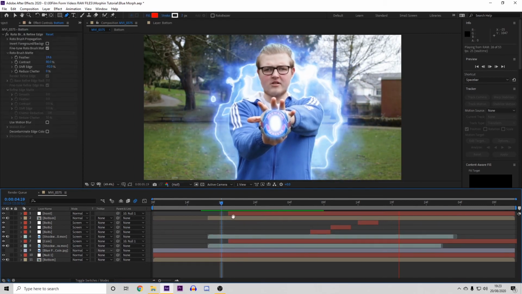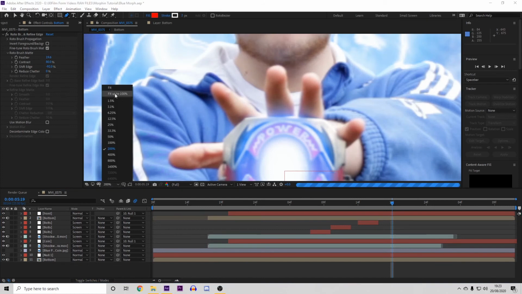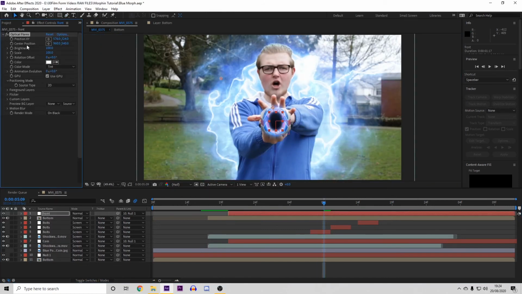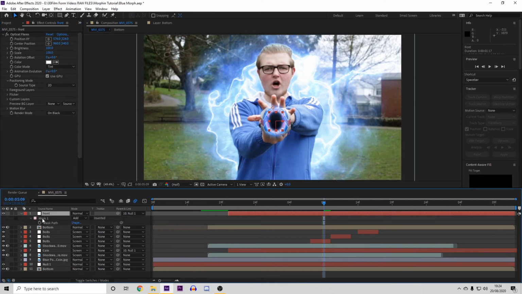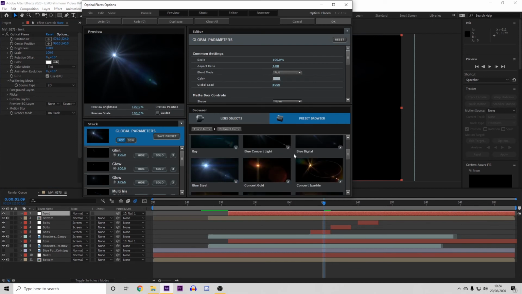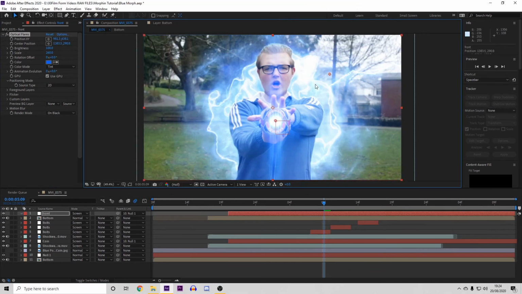It's kind of a white bubble, or obviously again, if you want to use a lens flare, I use Optical Flares. So if I get rid of the mask, you could take whatever type of lens flare you desire to play about with it. And then especially with this, if you want to